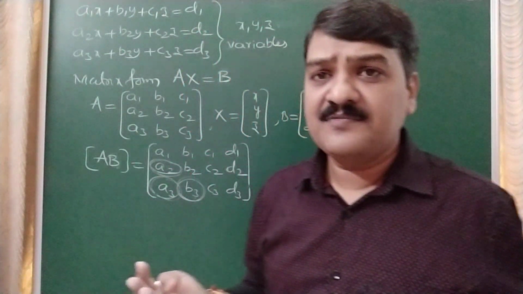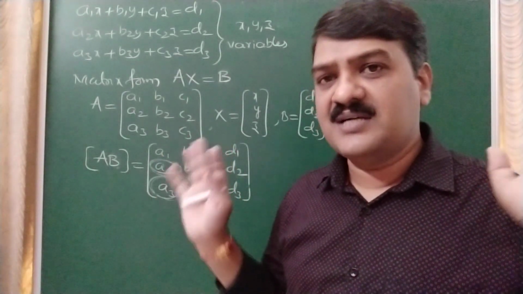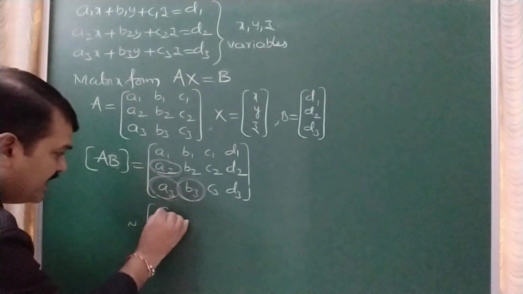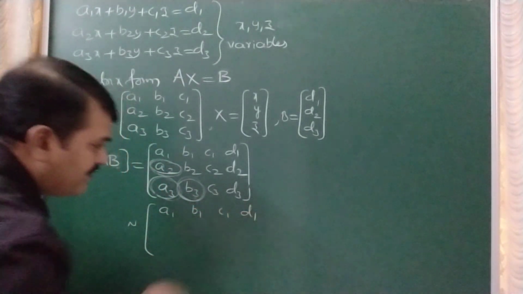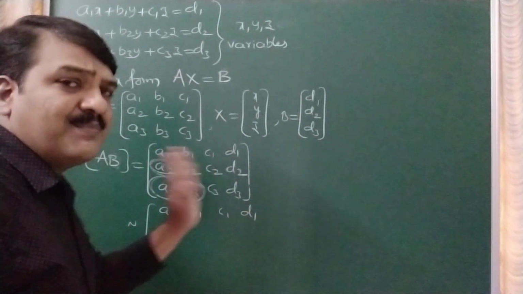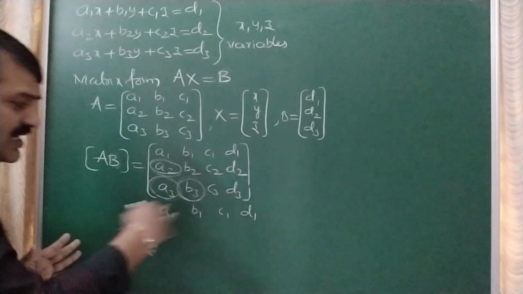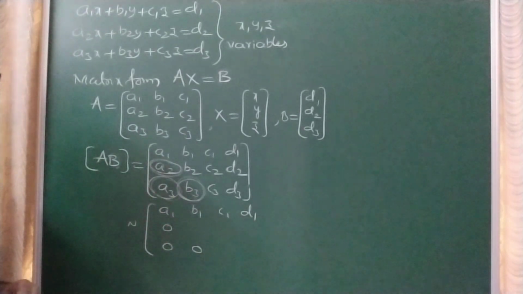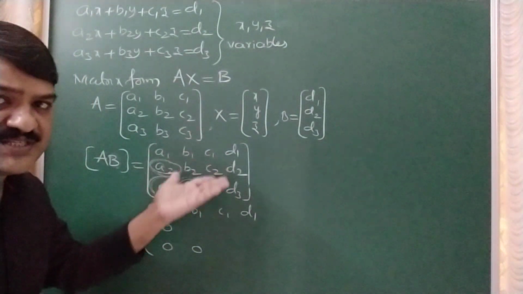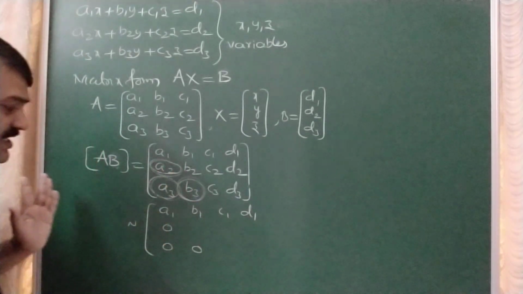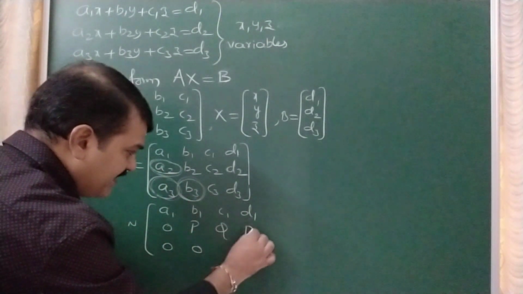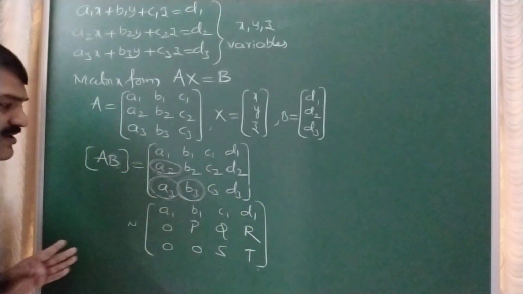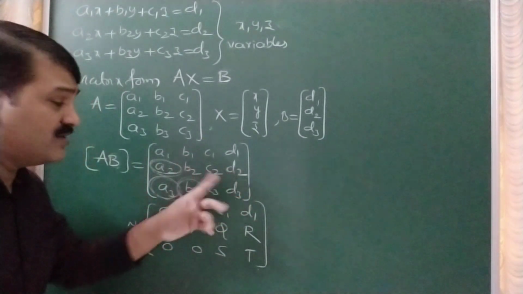Let us assume that we got 0 in these three places. So I assume that after getting zeros in these three places, I get a matrix something like this. Generally in the process, the first row will not change, therefore I have written the first row as it is. So I got zeros in these three places, I am assuming. Second row, third row elements will definitely change when we are trying to get zeros here. So therefore I am writing some other alphabets in place of the non-zero or possibly non-zero elements here.